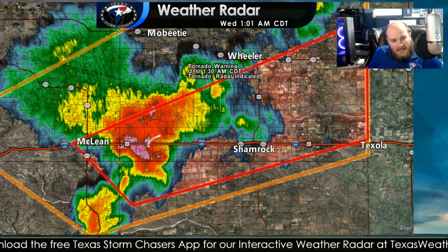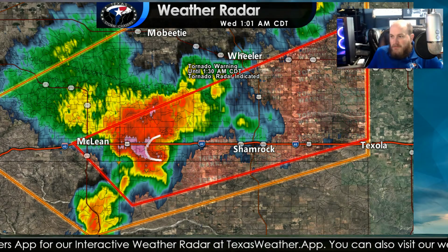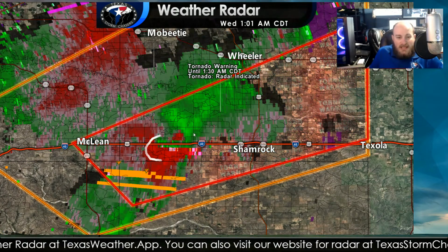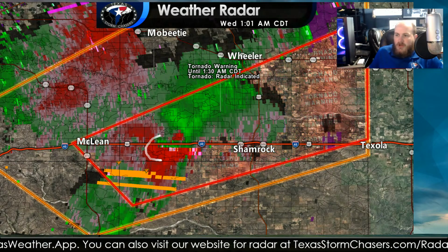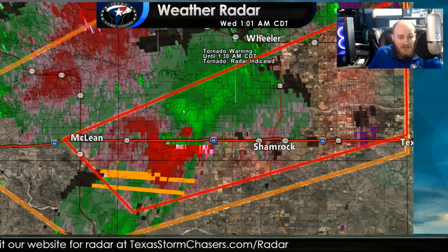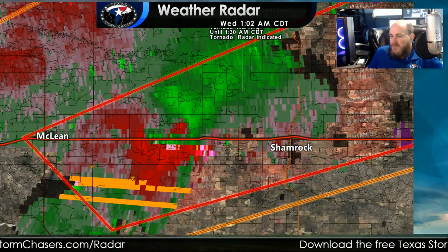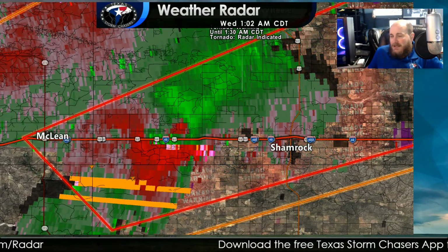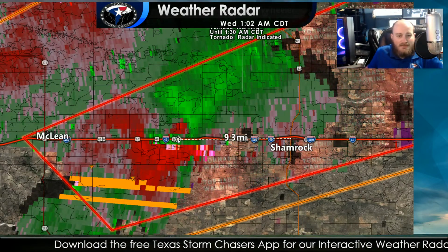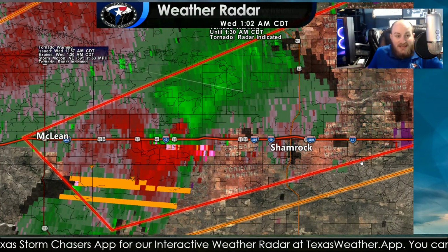See this little kink right here? That's going to be your hook echo or your rear flank downdraft coming down on the backside of the thunderstorm. Again, even if we don't have a tornado, we have very strong straight line winds. As we zoom on in and use the storm relative velocity to show which way the wind is blowing while taking into account storm motion and direction, you can see we definitely do have a circulation here very near Interstate 40. And I'll tell you exactly how far west of Shamrock. From 83 and 40, this is about 9 miles now west of Shamrock, and this storm is moving east-northeast at